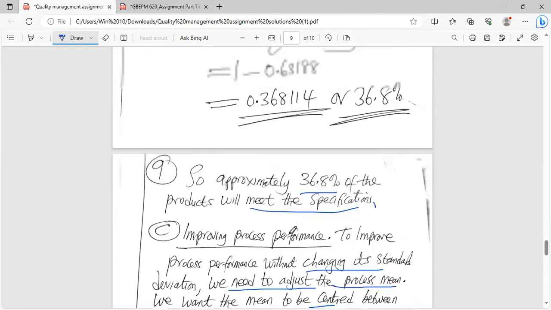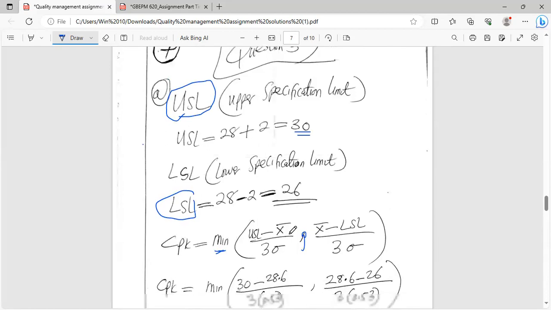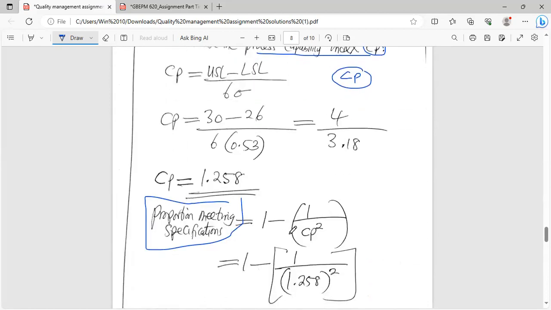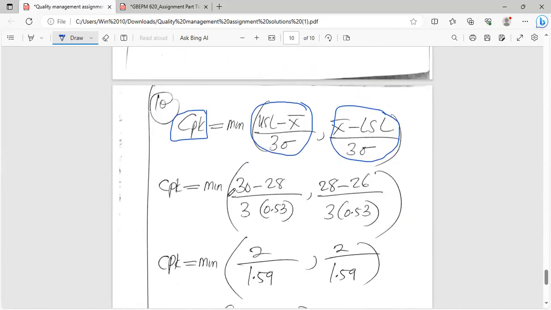So this is how we get down to the answers, getting to the process capability, the Cpk,